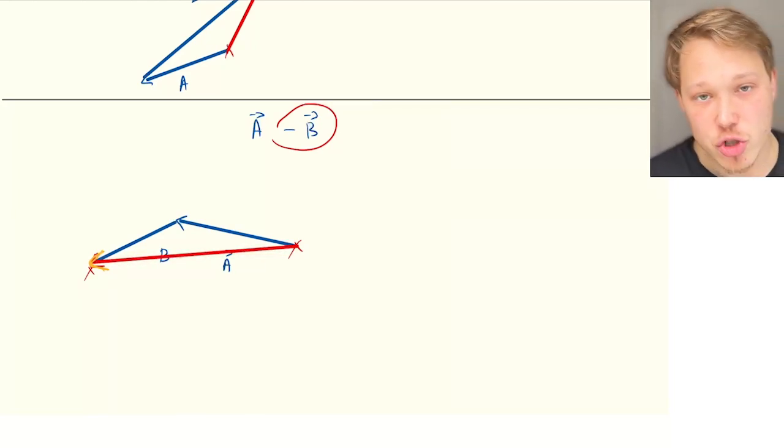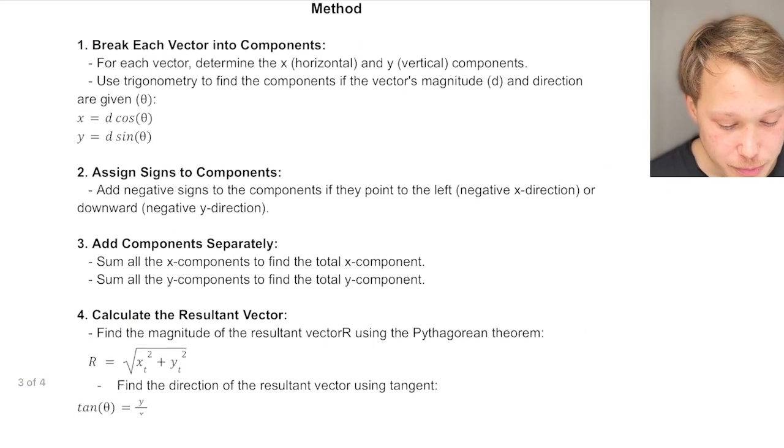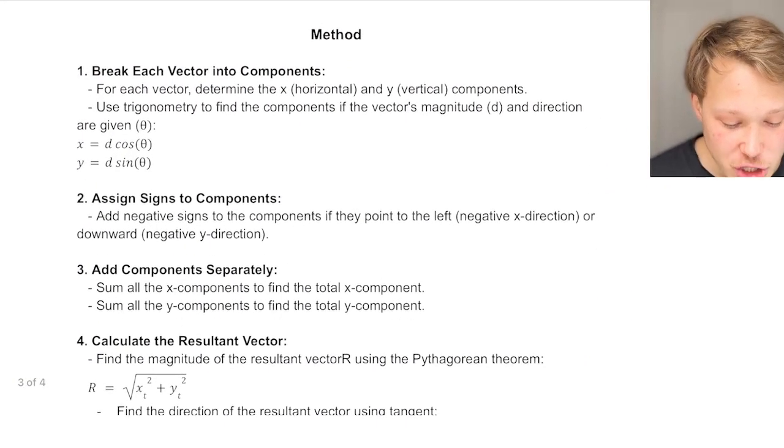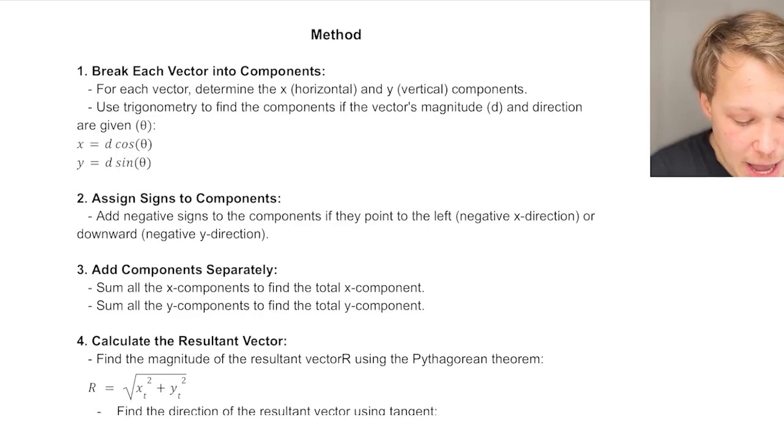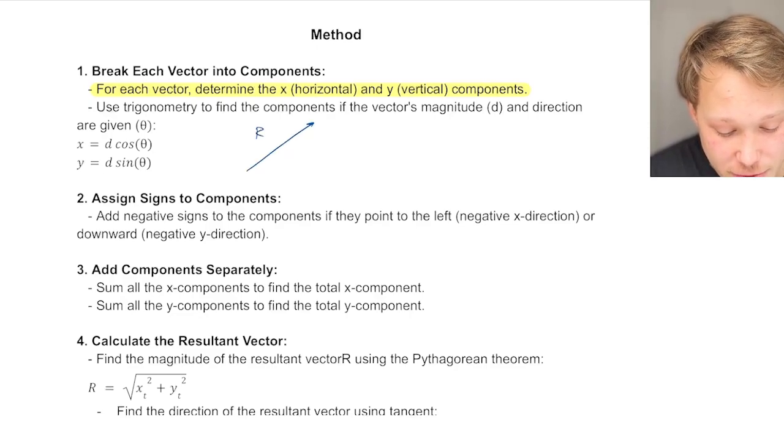So in order to add the vectors algebraically, we're always going to follow the same steps. So here's the method for it. For each of the vectors, firstly, we'll determine the x and the y components. The way we'll do this is by solving right triangles. So for example, if this is the vector, we will determine the x and the y components by doing